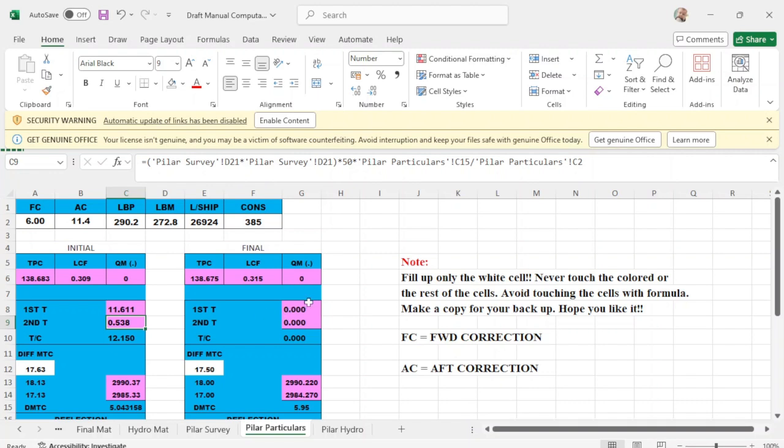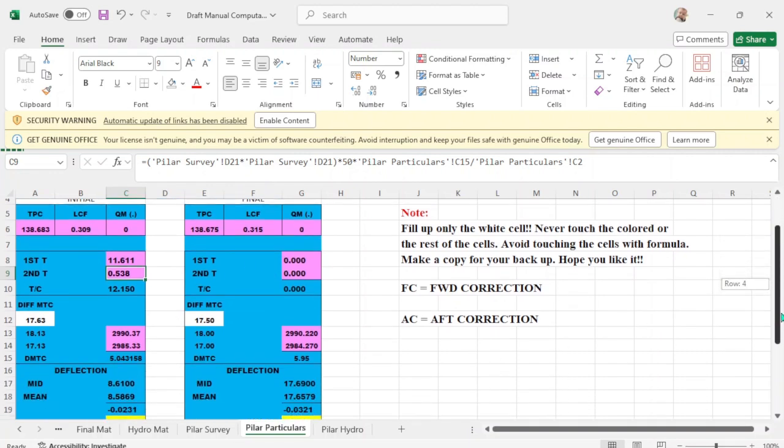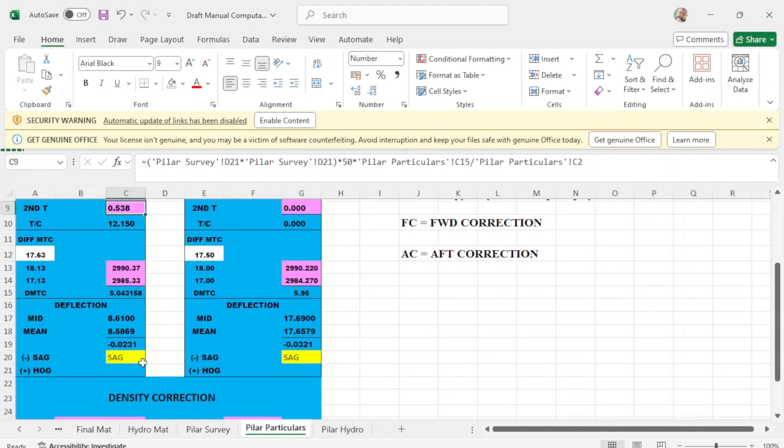So with your final draft here, then you apply the MTC from your draft. Then you have your plus 50 and minus 50. You get the MTC, then you get the difference of MTC. Then you get your mean. In your mean, you will have your deflection, or in this case, sag.